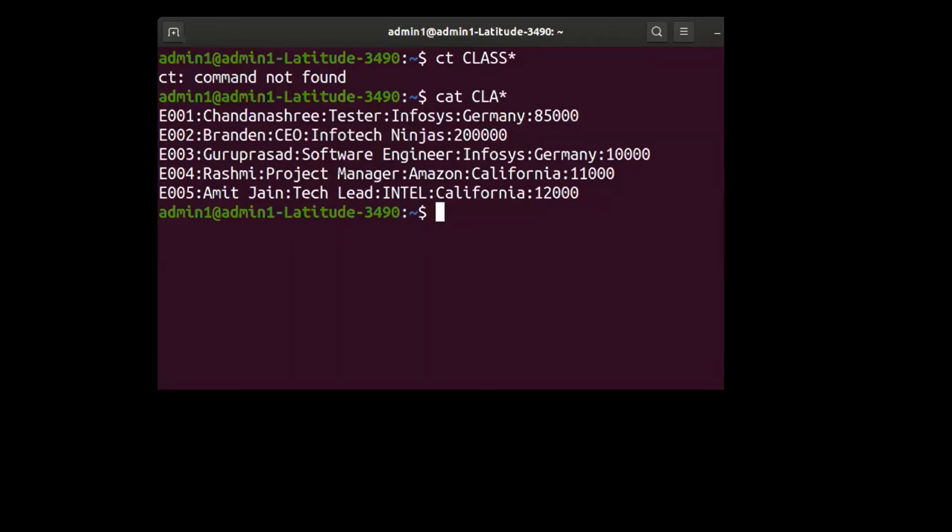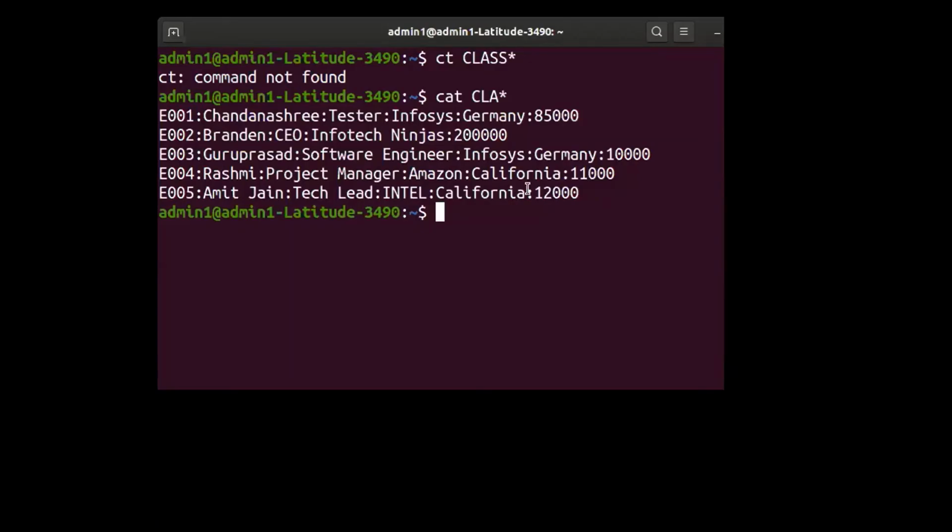The problem statement is there in front of you. The prerequisite: you have created a database file called class_5a, where you have details of each employee. For each employee you are storing 6 details: employee code, name, designation, company, location, and salary.